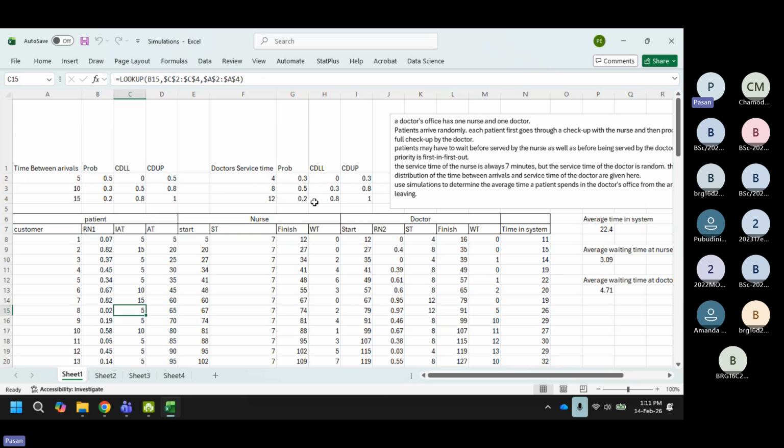And then the cumulative distribution you can find out in this way, right? And then of course in this example we discussed that the service provided by the nurse is a fixed value, right? So we are not making it random, right? So we just identify this as a fixed number like that,